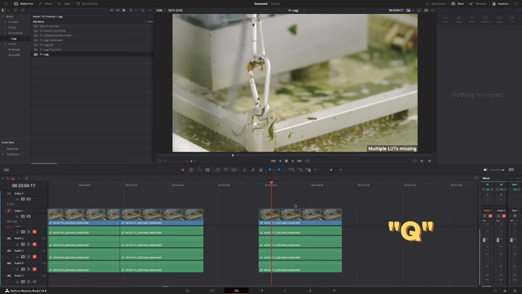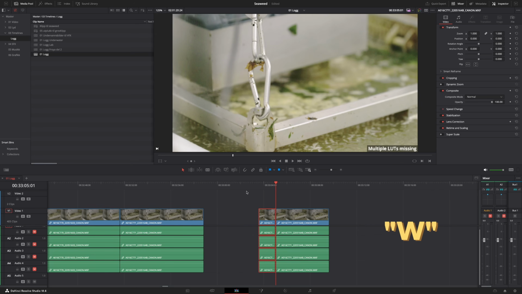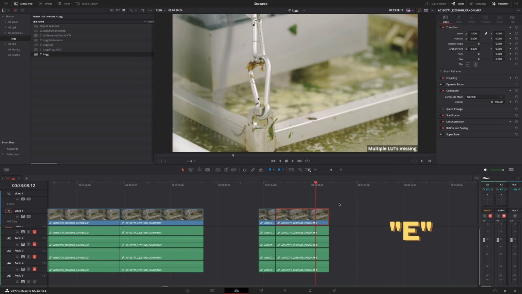Using shortcuts is essential as an editor, and it's just gonna save you so much time. And how you choose to set this up is of course up to you, but here are some of the shortcuts that I use on a daily basis and that I think are the most essential. So the first up is QWE. So Q is the start to playhead, which is gonna trim the clip into the beginning of your playhead. W is gonna split your clip wherever you have your playhead. And then E is end